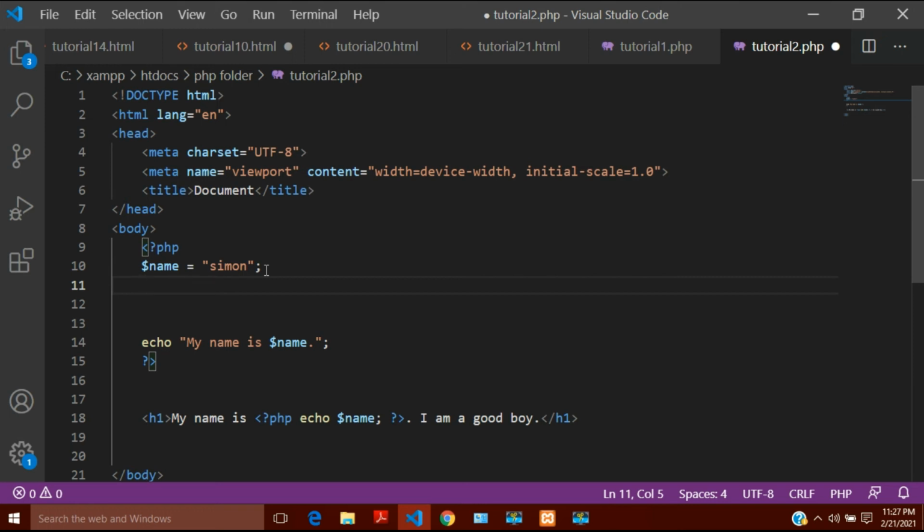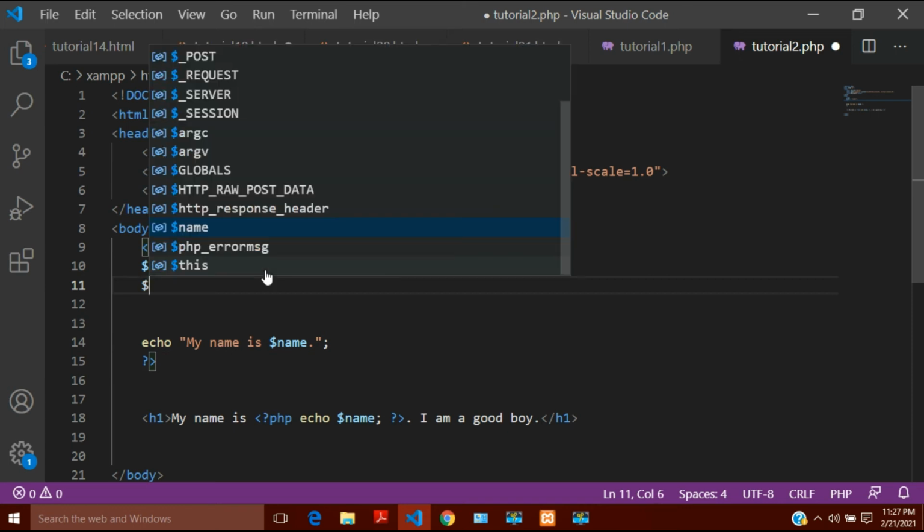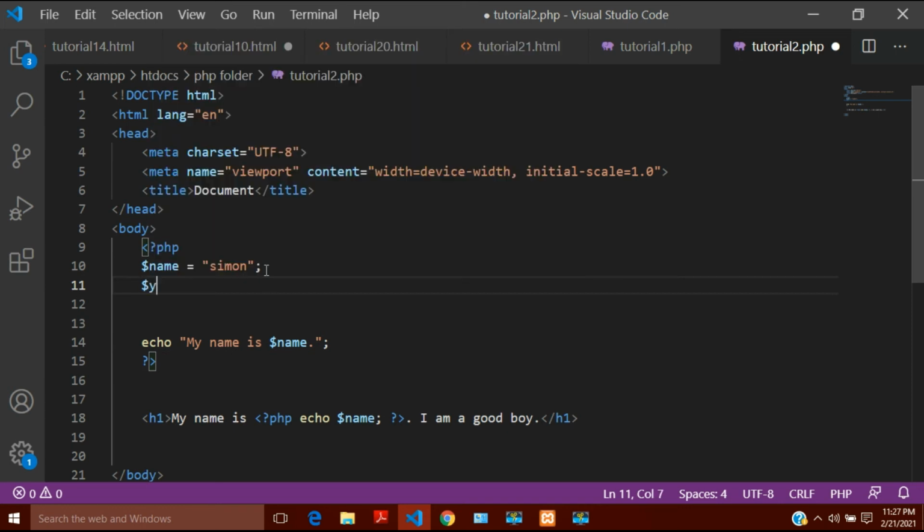For example, if I'm talking about the year, then I'll create another variable $year, and this is equal to, let's say, 2021. So now I am talking about this 2021, and you can see here it is a number, not a string, and I have not used double quotes or single quotes.